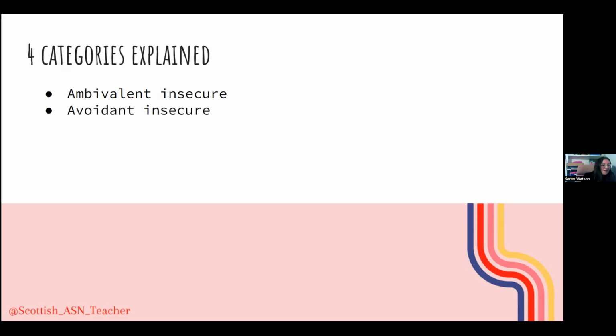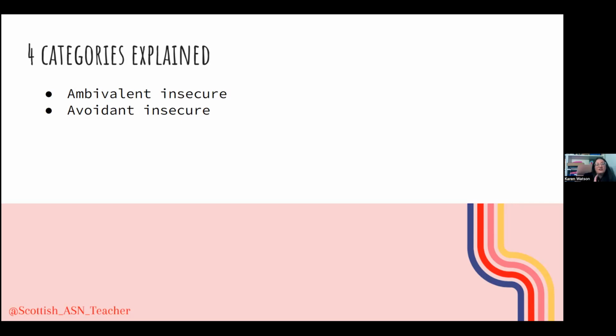So next we have avoidant insecure. So this child, if they're separated from their caregiver, don't seem that bothered. They don't seem that excited when the caregiver returns. They don't seem to be that upset when the caregiver leaves. And this child has internalized that belief that they can't rely on anybody. They will not attempt to seek out their primary caregiver. They may display quite defensive behaviours. They might avoid eye contact or become very quiet in case they potentially trigger a punitive response from the parent.